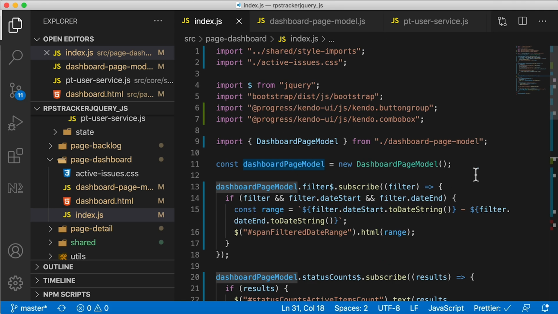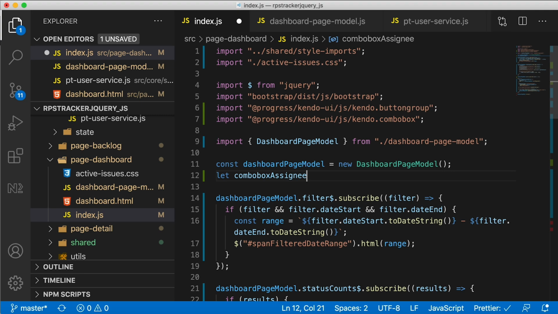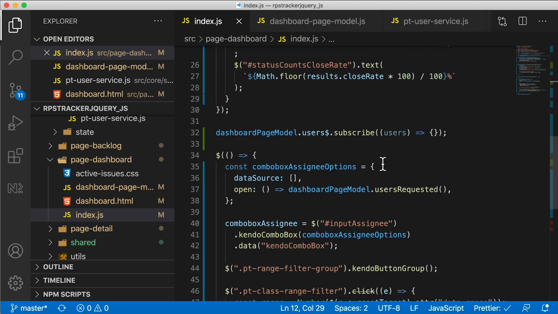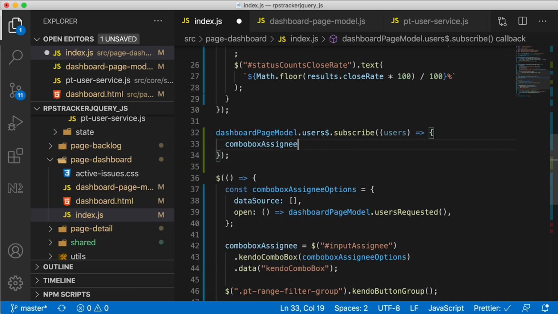So right under the dashboard model, we're going to use the let keyword because we're going to be changing it. ComboBox assignee, we're going to initialize it to null, but when this code runs, it's actually going to be saved as the combo box here. So now that we have a hold of the combo box assignee here,